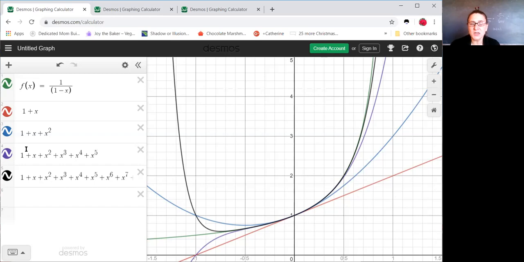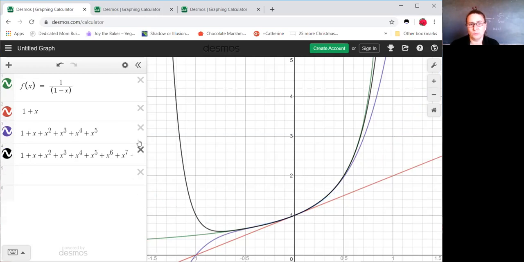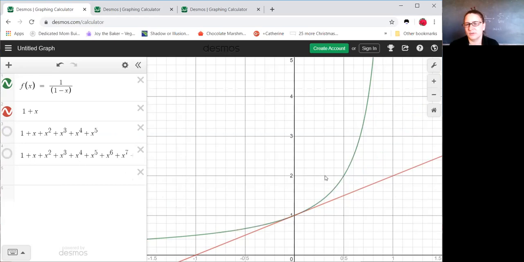Oftentimes in physics, it's good enough just to have a couple terms. If you're really close here, just really right around that point, even the linear one would be good enough. Okay. Now, my second example is going to be